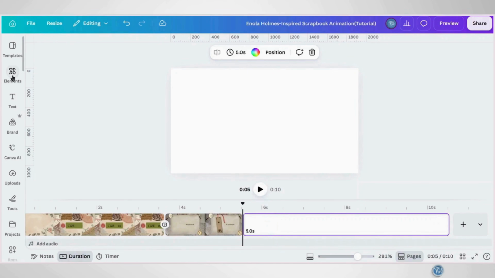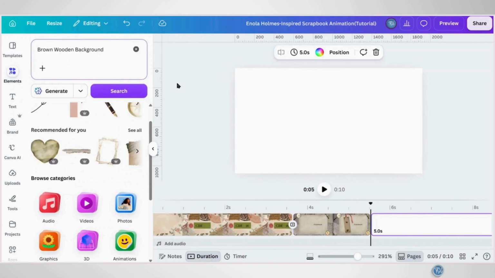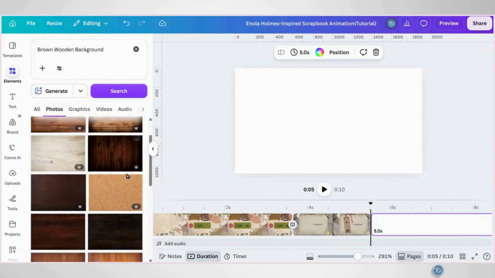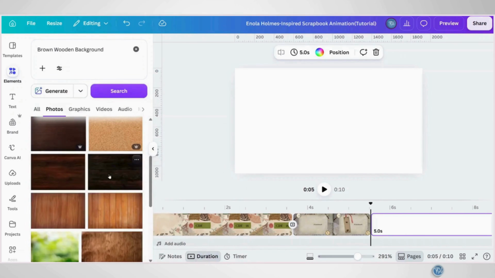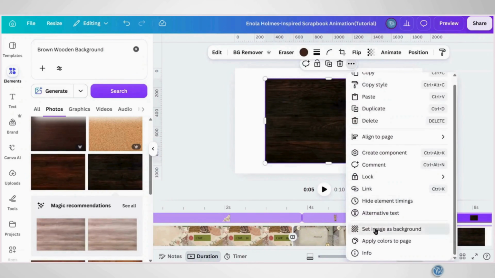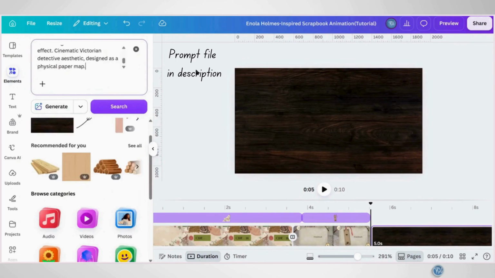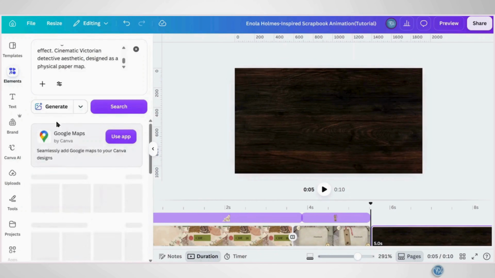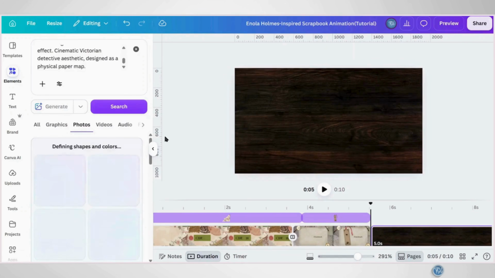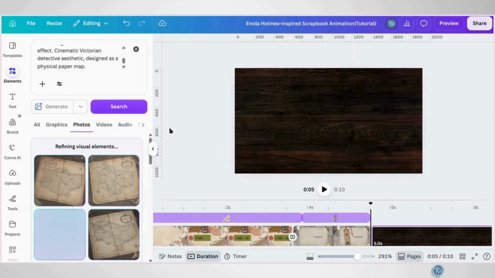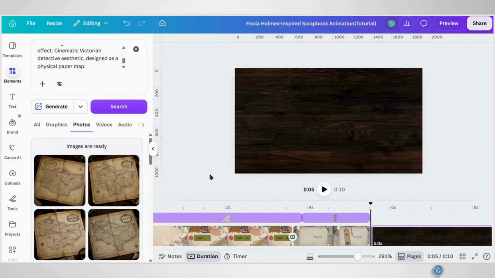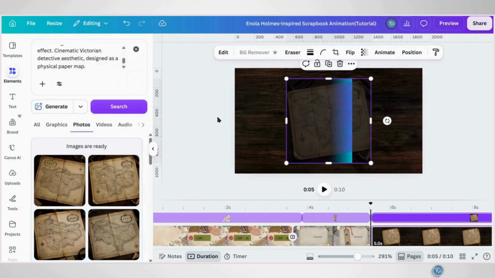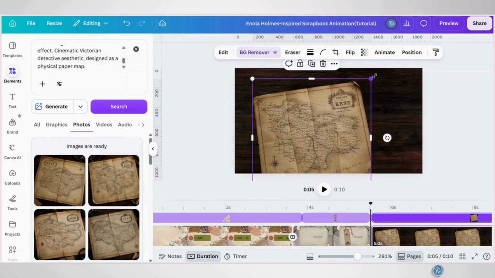Add a new page and search for a brown wooden background. I like this one. Set it as the background. Then go to Elements, paste your prompt, open the drop-down menu, and select Image to generate the map of Kent. It gives you 4 different variations, so choose the one that fits your design best. Remove the background, adjust the size and position,